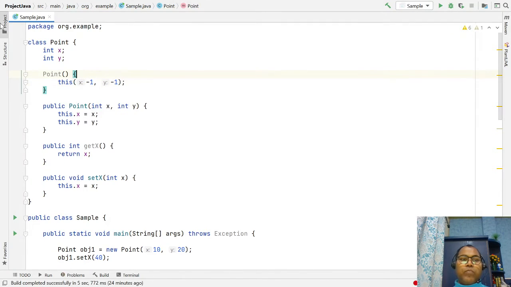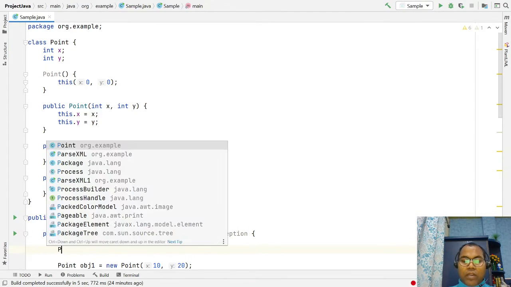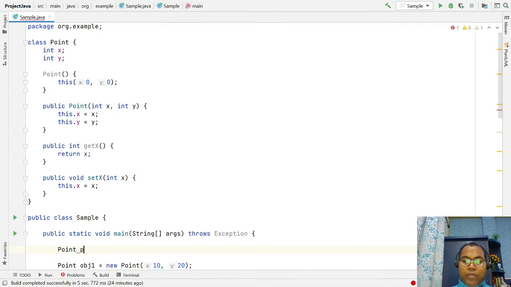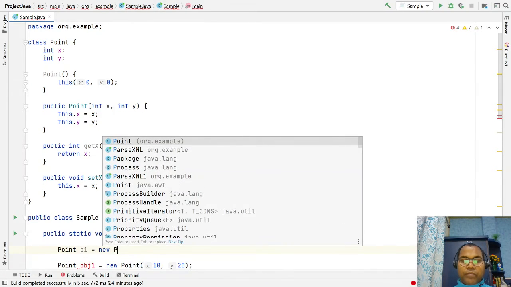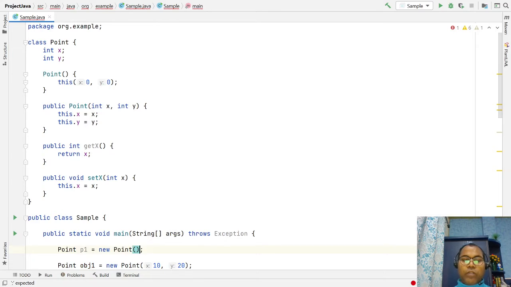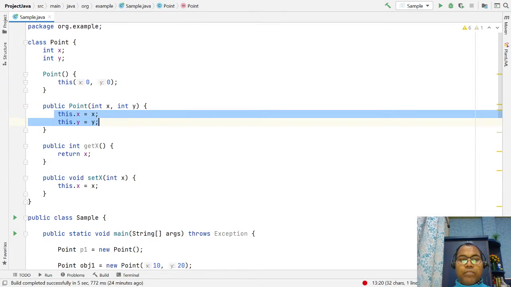Whenever our point is initialized, the default value should be -1, -1 or 0, 0, whatever you feel is the default value. Now in the main method, you can write Point p1 = new Point(). If you don't pass anything, it goes to the default constructor, which initializes your x and y values.